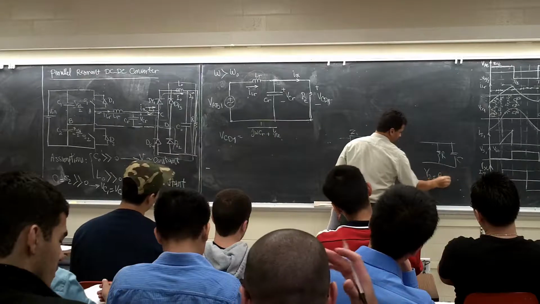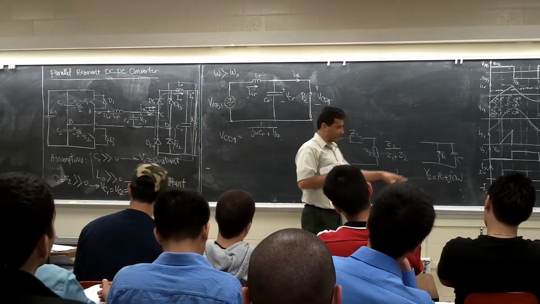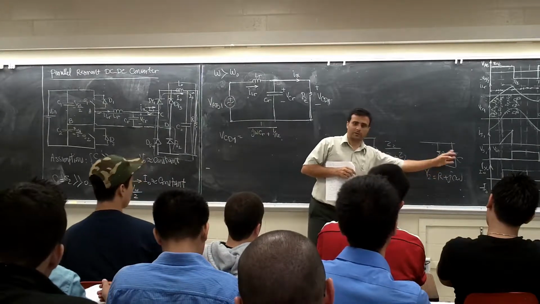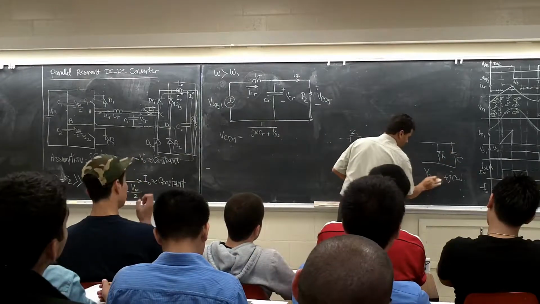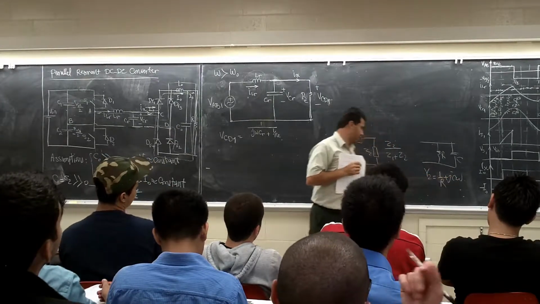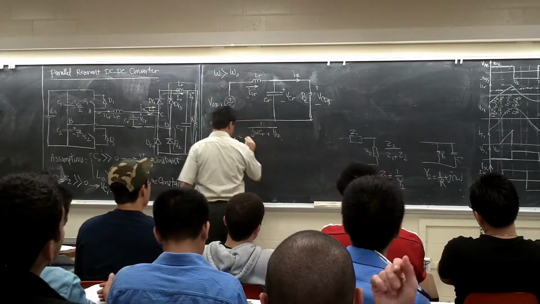Y2 is 1 over R plus J C omega, right? You can say these are parallel, so from the admittance side, you say this one plus this, 1 over R. And after that, you say Z2 is 1 over this one. Now, here